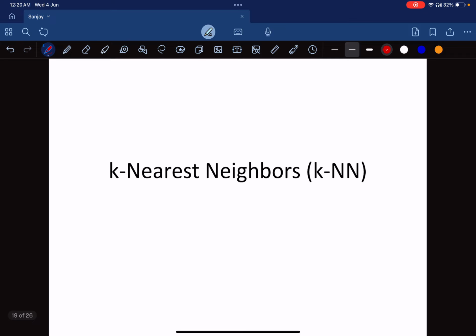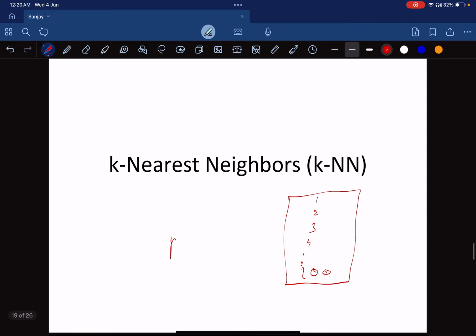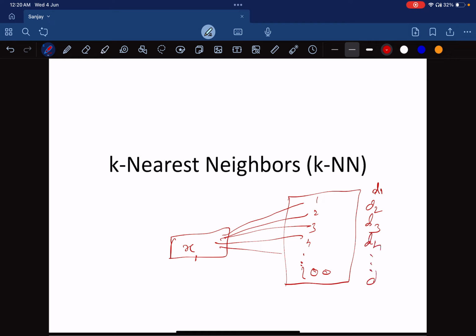How does it work? Say there is a dataset of 100 data points, 1, 2, 3, 4, up to 100. If any new data comes for prediction, like x, it will simply find the distance between x and all the data points. Let's take the distance between x and data point 1 as d1, the distance between x and point 2 as d2, similarly for point 3 is d3, for point 4 is d4, up to d100,